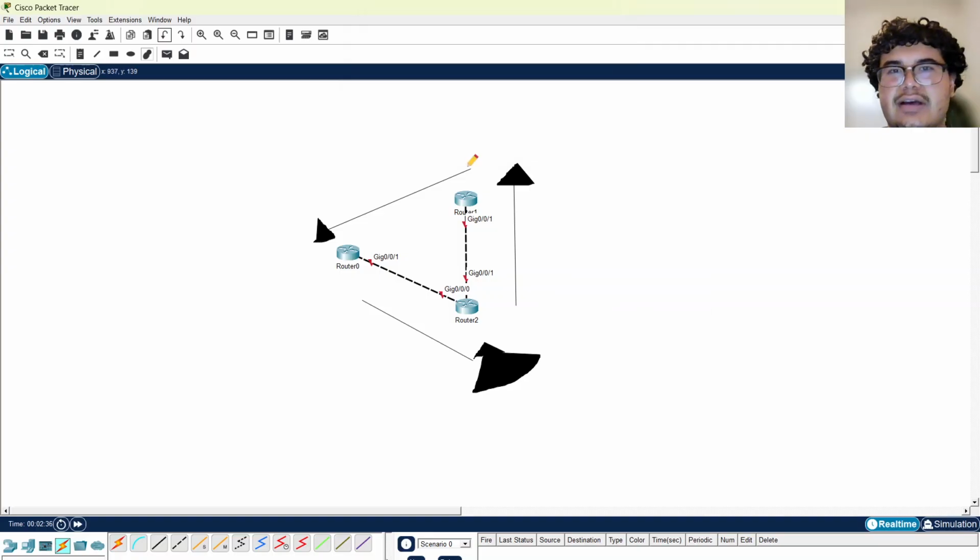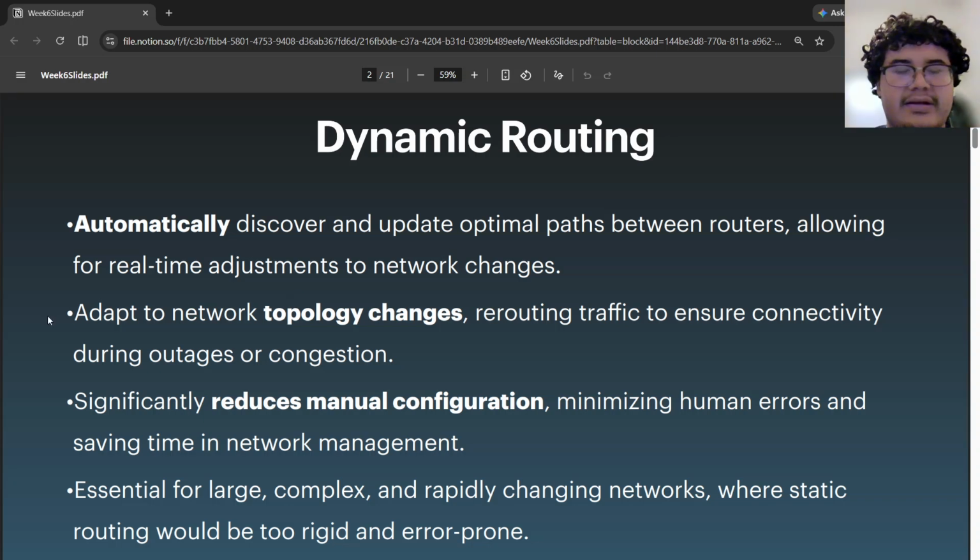It takes time, called convergence, for it to actually start flowing traffic this way. But it will adapt to this link not being able to transmit traffic this way. All right, but let's get back to here. So it adapts to network topology changes, like I just showed you earlier, rerouting traffic to ensure connectivity during outages or congestion. And again, it significantly reduces manual configuration from engineers having to do static routing, as well as minimizes